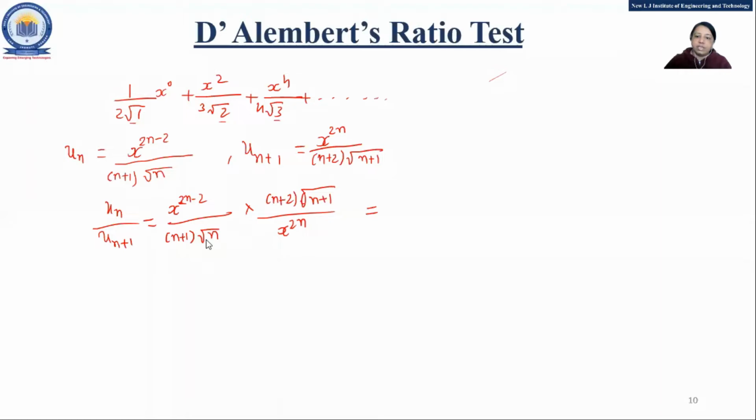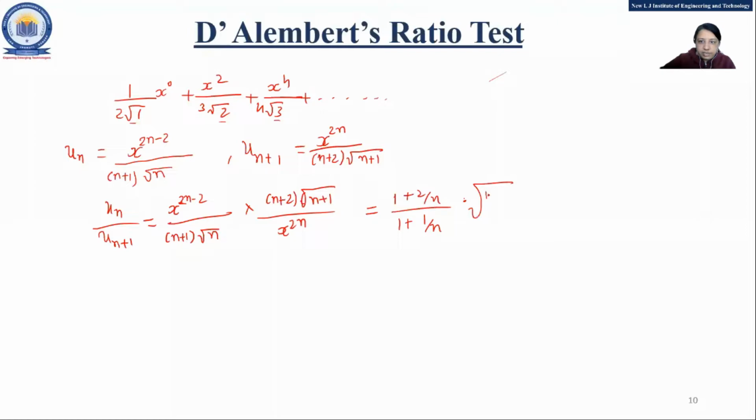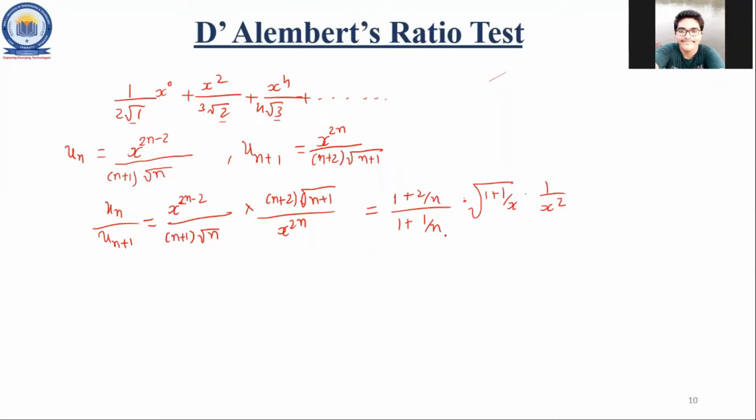Akhilesh: Ma'am, after we simplify this, the final answer is (1 + 2/n) / (1 + 1/n) multiplied by the square root of (1 + 1/n) multiplied by 1/x². Okay, so is it like this, 1 plus 1 by n into 1 upon x square, right? Yes, ma'am. Okay, fine. Any doubt into this? You just have x raised to 2n into x square, right?